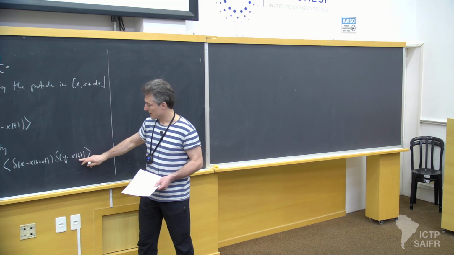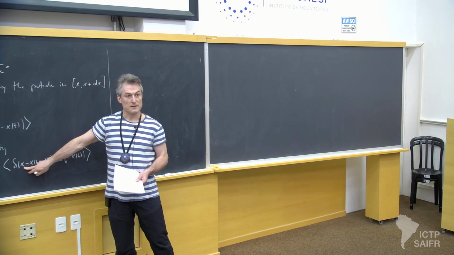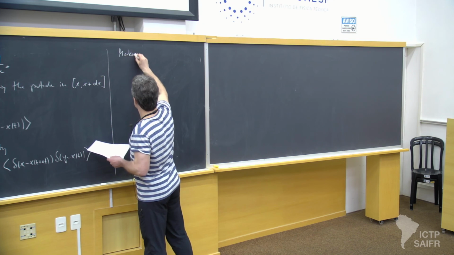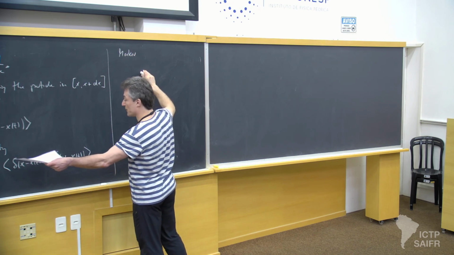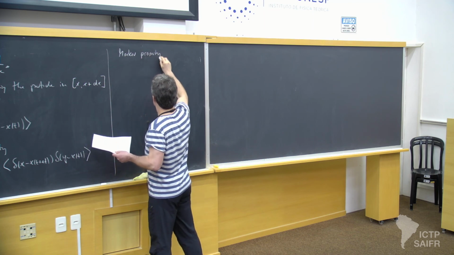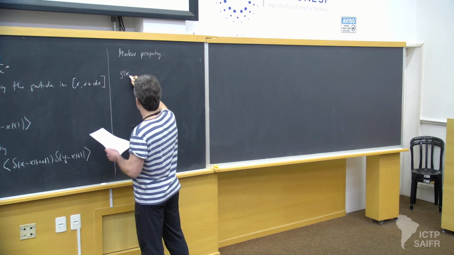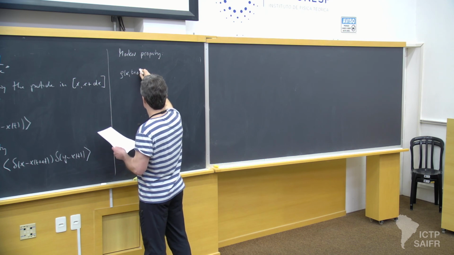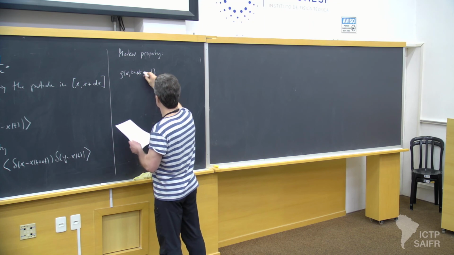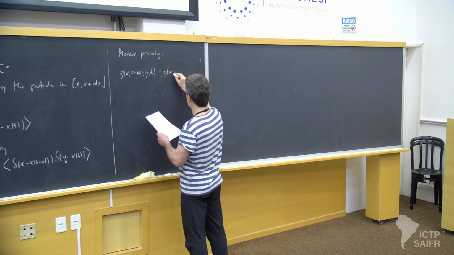This is the same trajectory x of t. At time t, it hits y. At time t plus delta t, it hits x. Okay, it's a two-point probability. And then there is a very important property of this two-point distribution, which we call the Markov property, and is formalizing what Einstein used, namely that this two-point distribution can be written in that way: